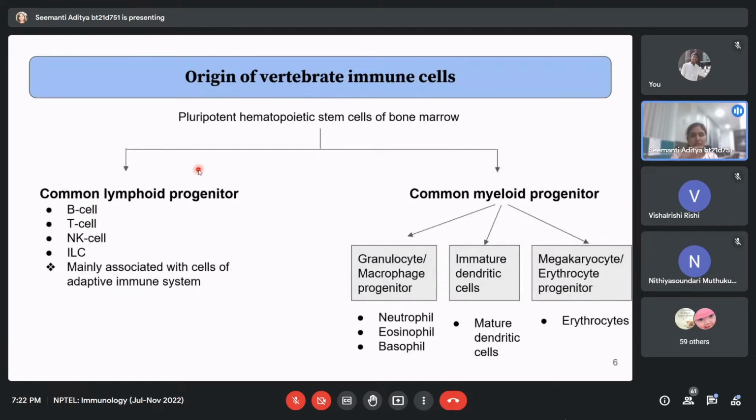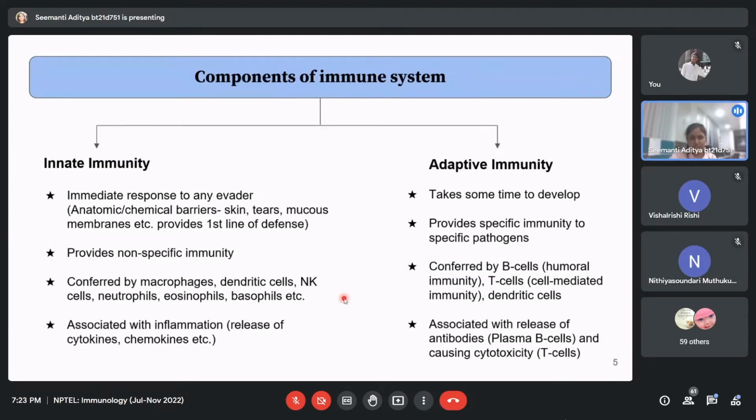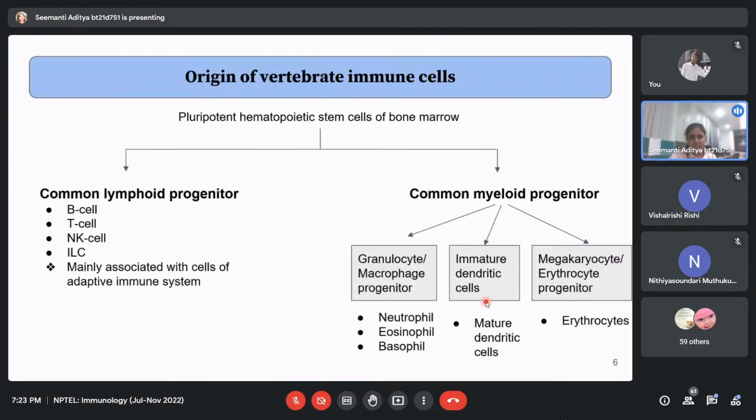So also, we had seen in the lecture that all these vertebrate immune cells that we are seeing, these macrophages, dendritic cells, NK cells, B cells, T cells, are all components of the immune system. And these are the immune cells, and all cells in our blood are basically developed from pluripotent hematopoietic stem cells. So any kind of stem cells can give rise to, we know, different cell types that have specific characteristics. So all the kinds of cells that are present in the blood come from hematopoietic stem cells,